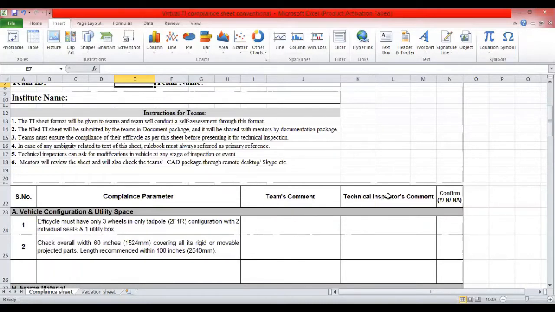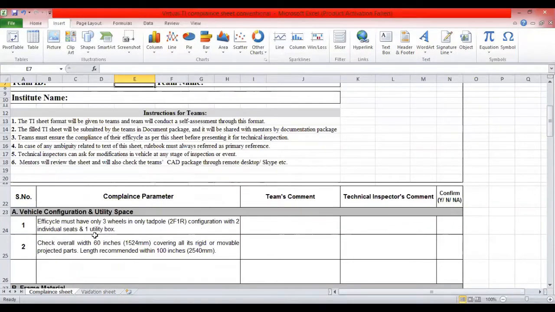After that, your technical inspector will examine that compliance parameter and put his remark. If the point is satisfactory according to your design, he will mark okay, and if it is not satisfactory, he will mark not okay.